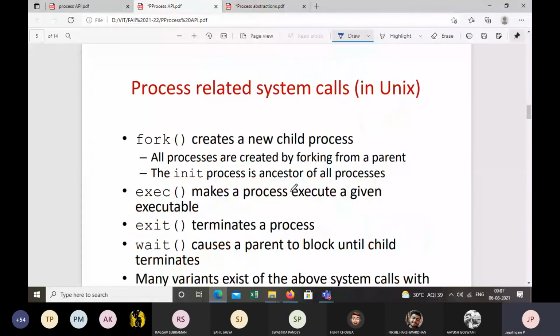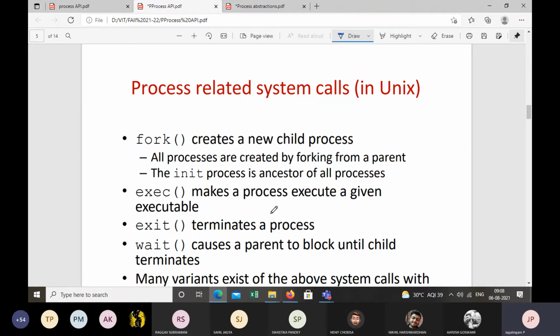Fine. Now we are going to discuss something very important. Now let us try to understand what are the different system calls which are related to the process. If you take a process, what are the associated system calls?